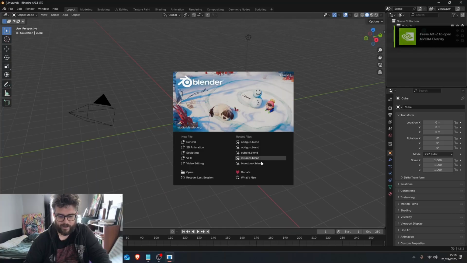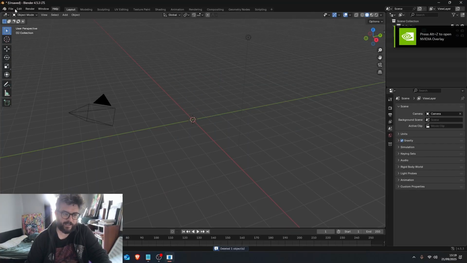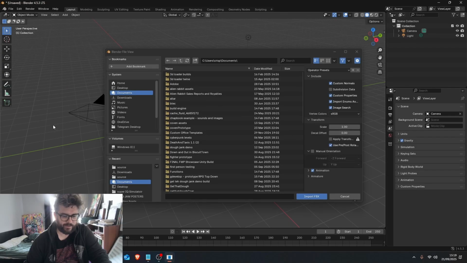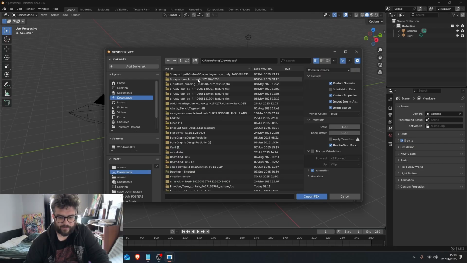Okay, so to prepare a 3D model, which I'm just using an example I found, I'm going to import, and the file type I've got is FBX, so just click on FBX there, on the import tab, find the relevant file,